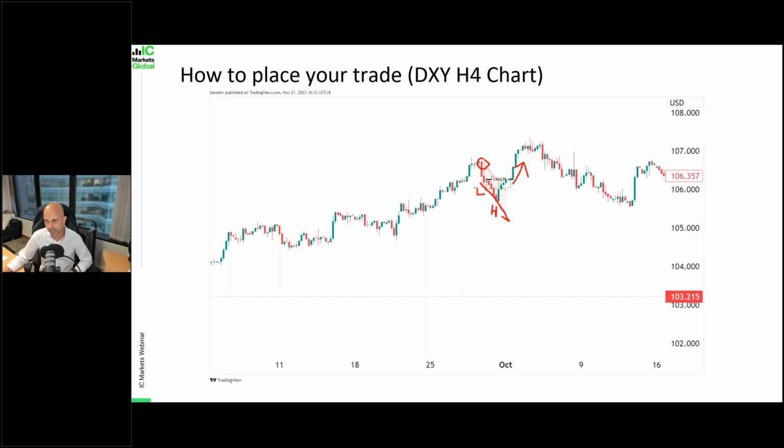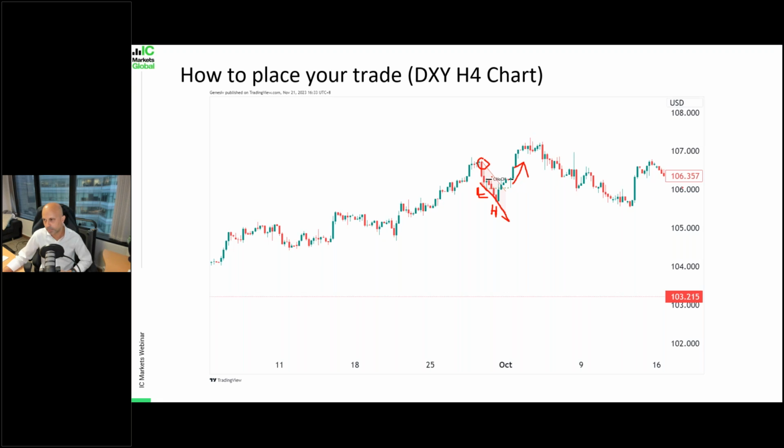And also we can see that the left shoulder is identified at this point here, the head is here, and then with this wick we're able to see that price came once again. It didn't come exactly to where the left shoulder was, but it came close enough and reversed strongly to give us that confirmation that yes, this is indeed a bullish reversal, and price continued to go higher.